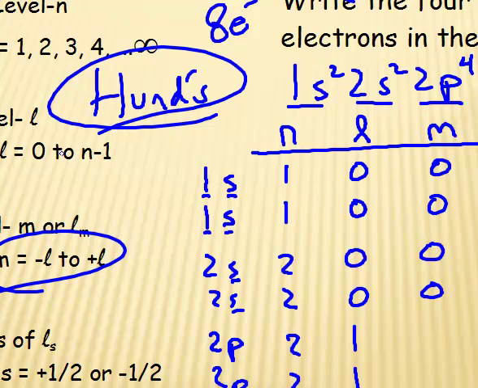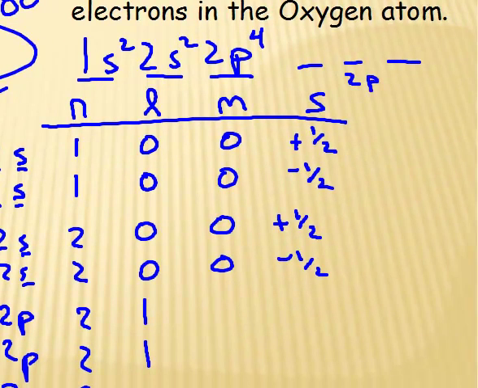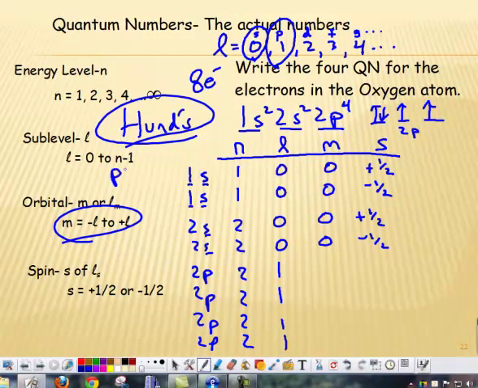All right, what am I talking about? Remember when we did this? This is the 2p sublevel. We have 4 electrons to put into this 2p sublevel. Hund's rule said they fill empty ones, like so, before they paired up. That's what Hund's rule was. So not only did we fill the empty ones, but we also did something called parallel spin. We had them all going in the same direction